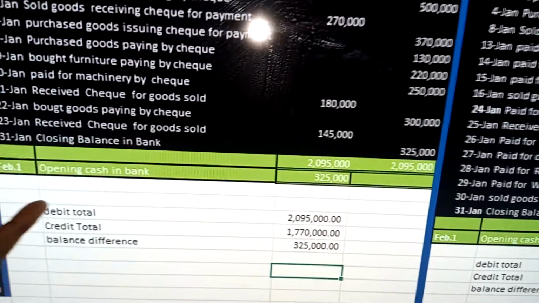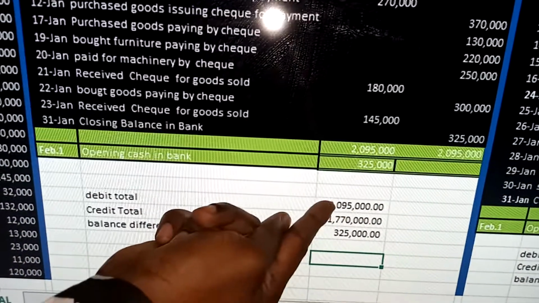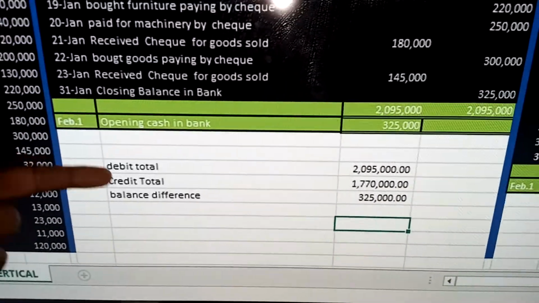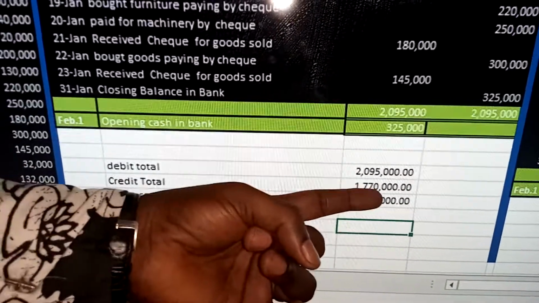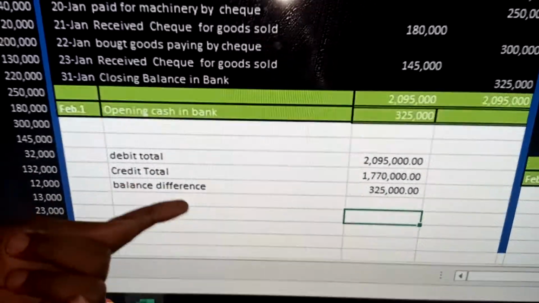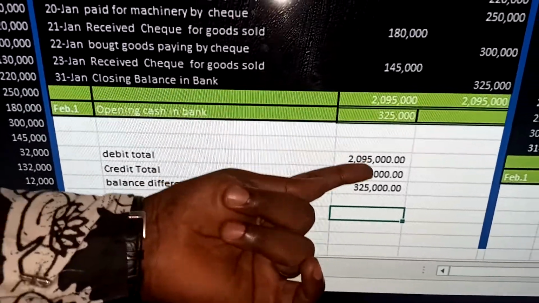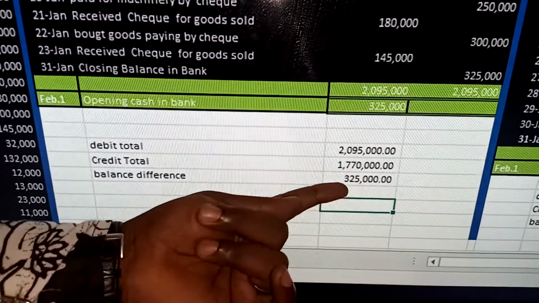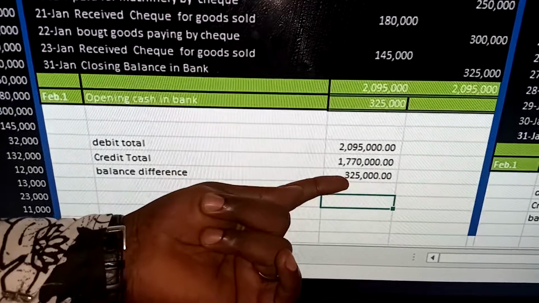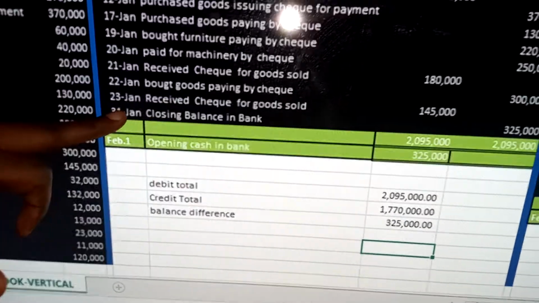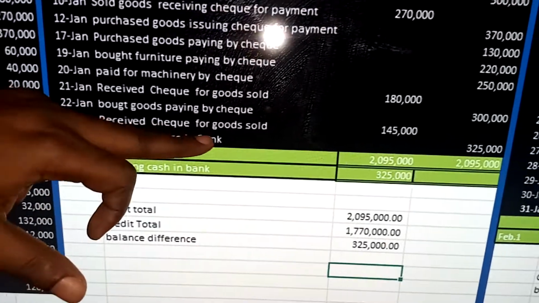It means that the total receipts into our bank account is 2,095,000, and the total payment is 1,770,000. The difference is the balance here, which is 2,095,000 minus 1,770,000, which you have 325,000. So you say 31st January, which is the last day of the month, closing balance in bank